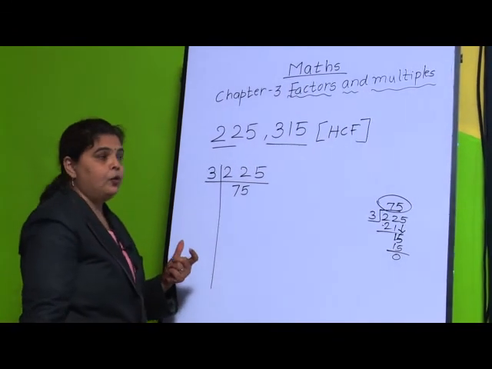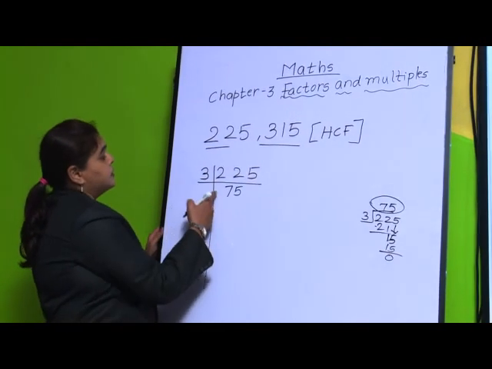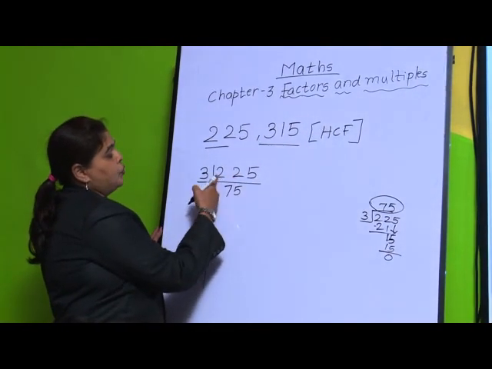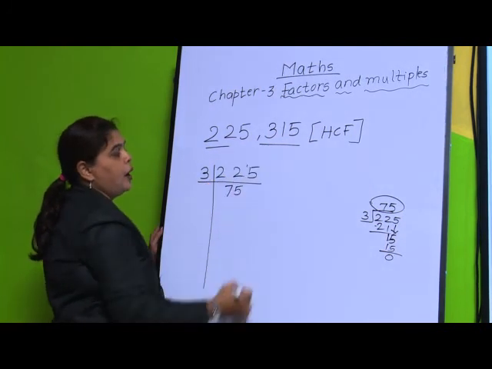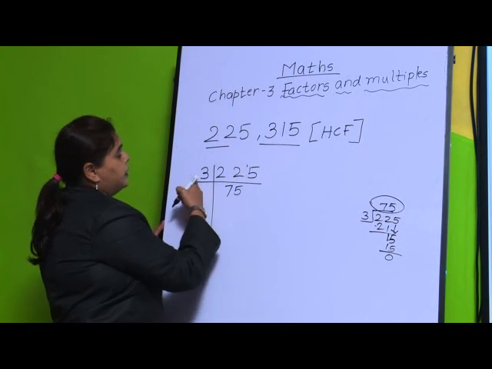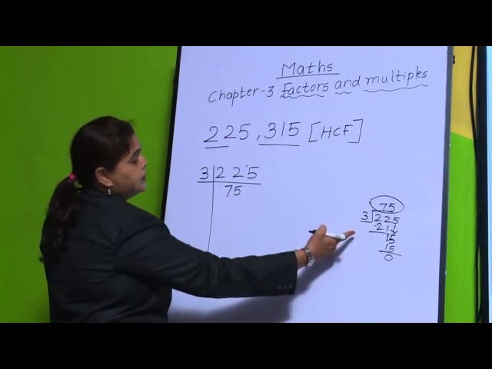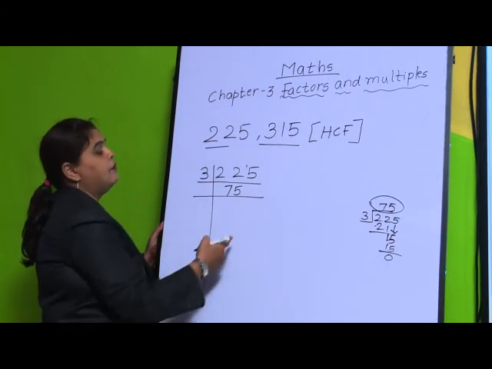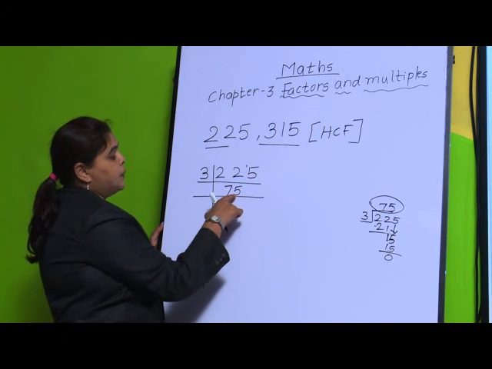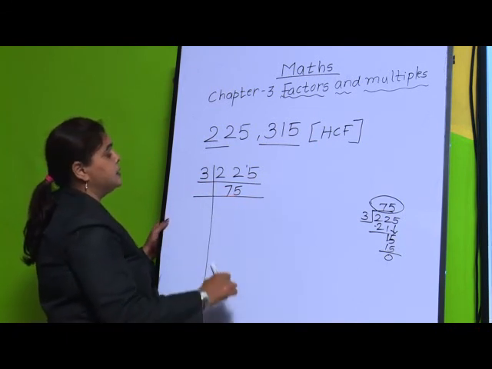Another trick I will give, if you know the 3 table, you can go with 3 7s are 21. So, 22 minus 21, 1 is left, you can write with a pencil here 1, and now it is 15, 3 5s are 15. If you do not want to do this long method, you can do in the short method also. Again we are not having an even number in the ones place, so we have to try with the next number, that is 3.